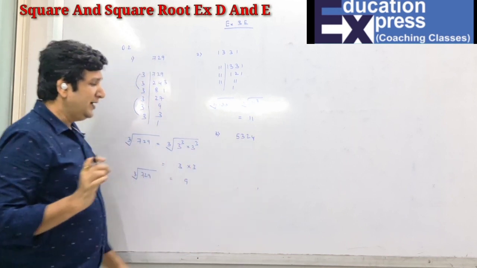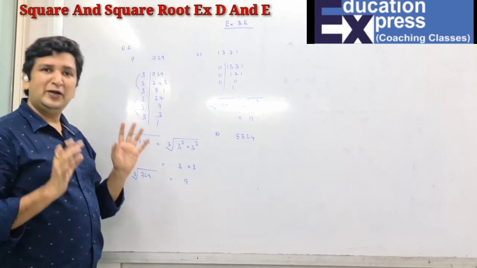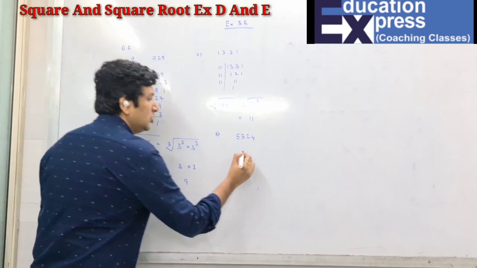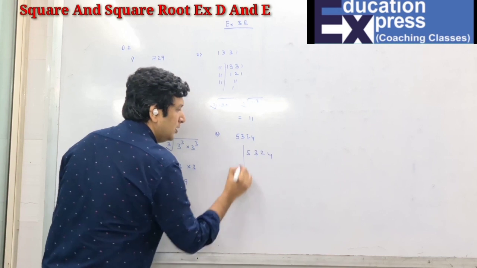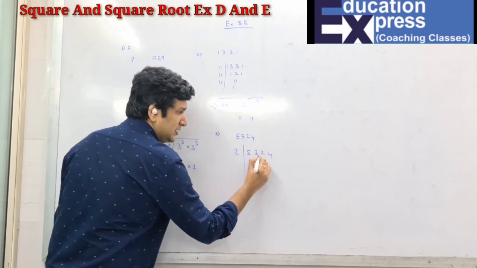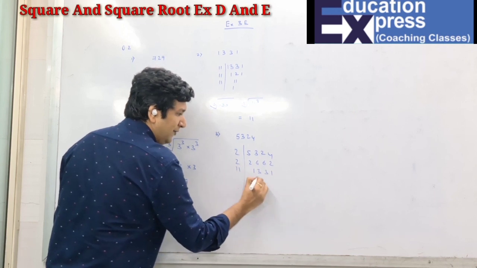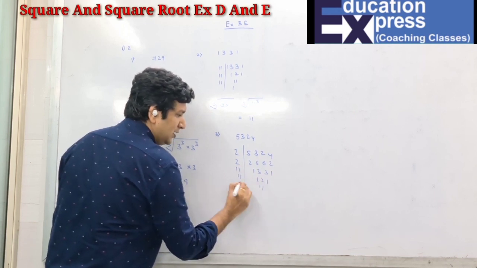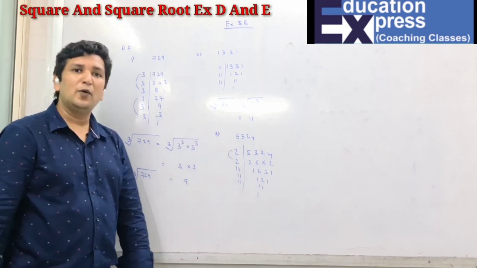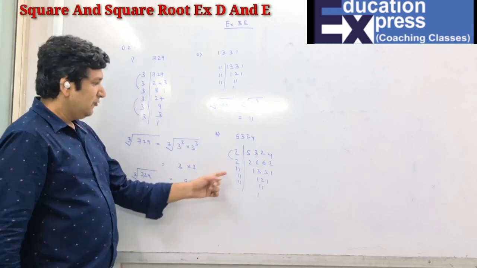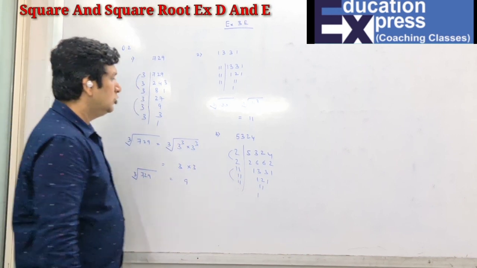Third part. So students, it's a very simple thing. In case you can make a group of 3, you can find a cube root. If you cannot make a group of 3, you cannot find a cube root. You cannot find the cube root over here because for 2 there is not a group of 3. That means for 11 we have a group of 3, but for 2 we don't have a group of 3. That means you cannot find the cube root.